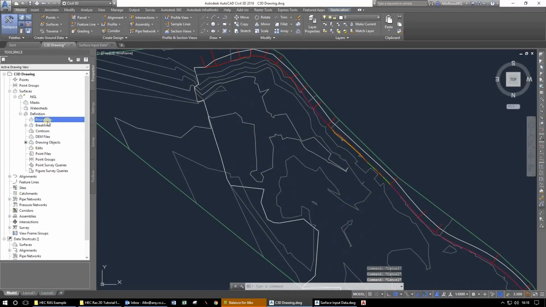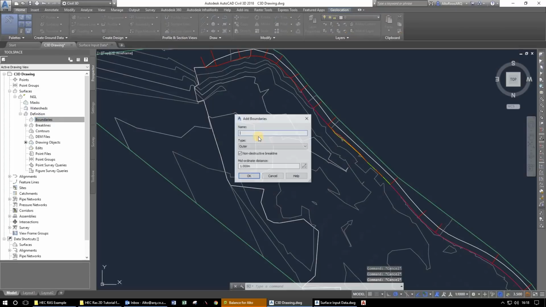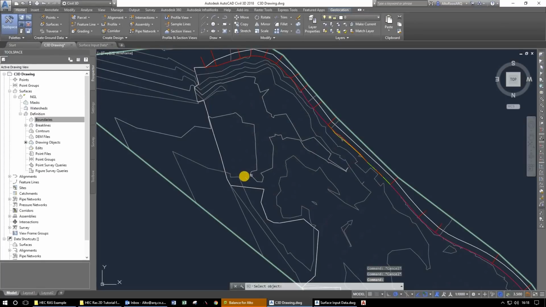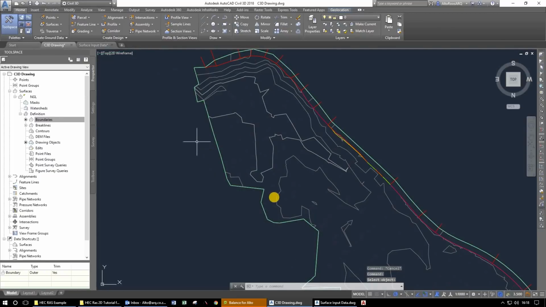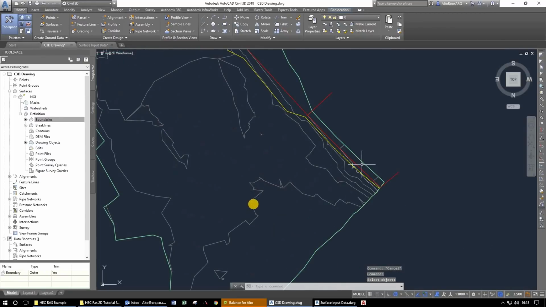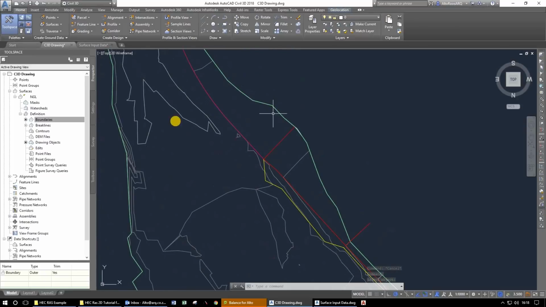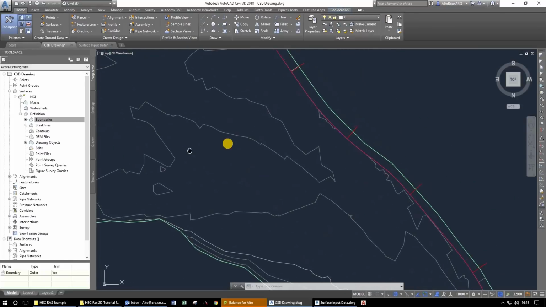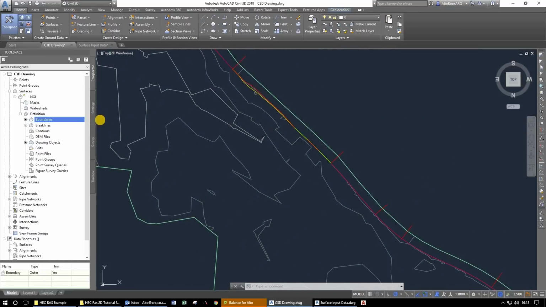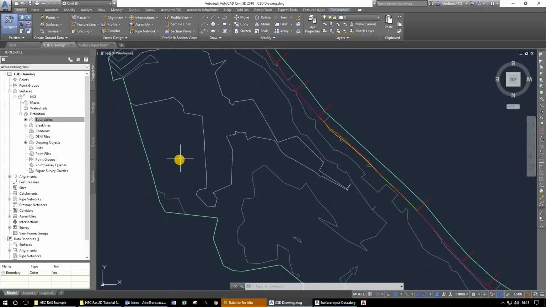And let's add a boundary to the surface just to clean it off. It is an outer boundary, mid-coordinate distance, non-destructive break line. I don't know what that means, but okay. We add the break line like so, and voila, we've got a break line, a boundary line, and a nice boundaried surface. Okay,